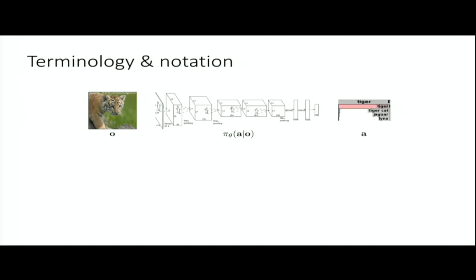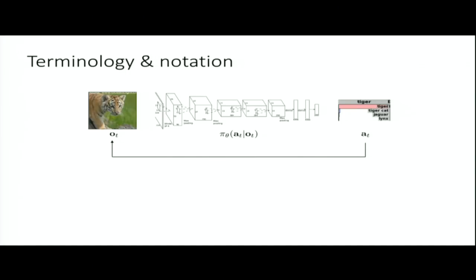So let's go from this supervised learning setup to a sequential decision-making problem. The first thing that we'll do is we'll put a bunch of subscripts on everything. We'll put subscript t on everything to denote that these are time steps in a sequential process. So at time step t, you observe the observation O subscript t, and you take the action A subscript t. And the difference between an IID setup that you're all familiar with in supervised learning and a sequential decision-making setup is that the action that you take will actually affect your next observation.